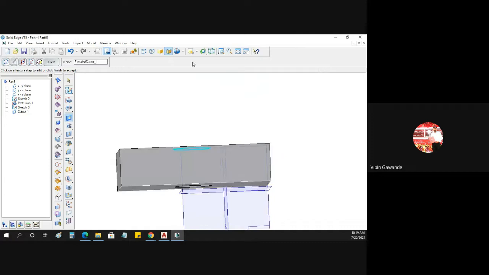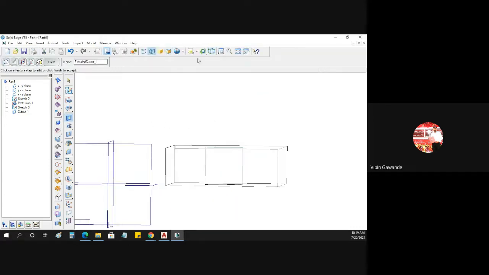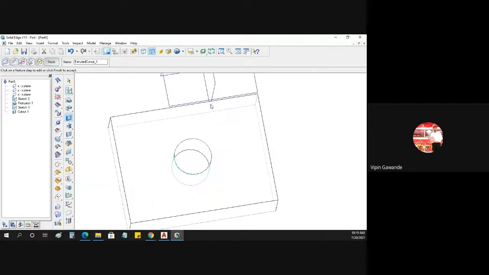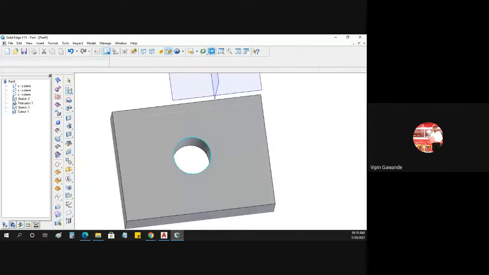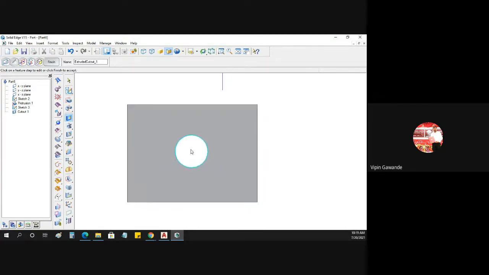In the front view, it is a dotted line, and in the side view also, it is a dotted line. In other views it is invisible. That you have to remember. The cutout is visible in only one view, and in the other views you have to show it by a dotted line.